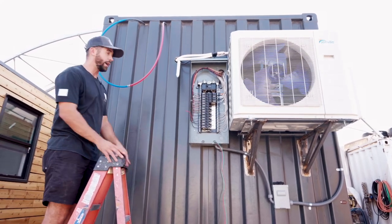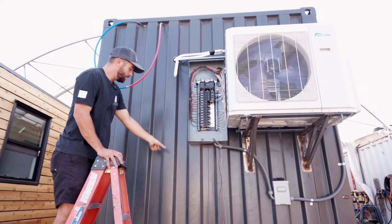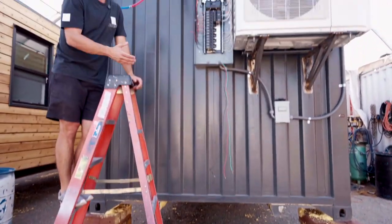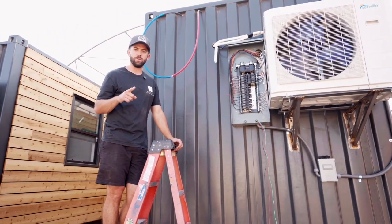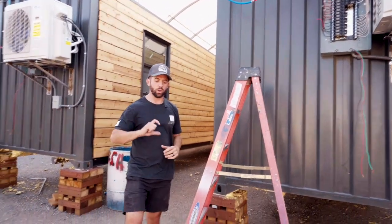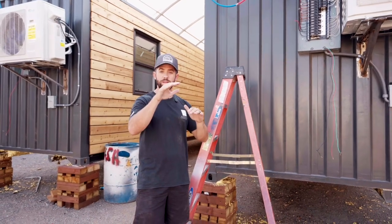Now for that sewage line, it's gonna be running right down the exterior here. It's gonna run underneath the container and tie into the main 3-inch drain line for the unit. Now there is one interesting detail I wanna show you on the 20-foot units, and it has to do with how we get enough pitch under the toilet and the shower to have it drain out of the 20-foot container